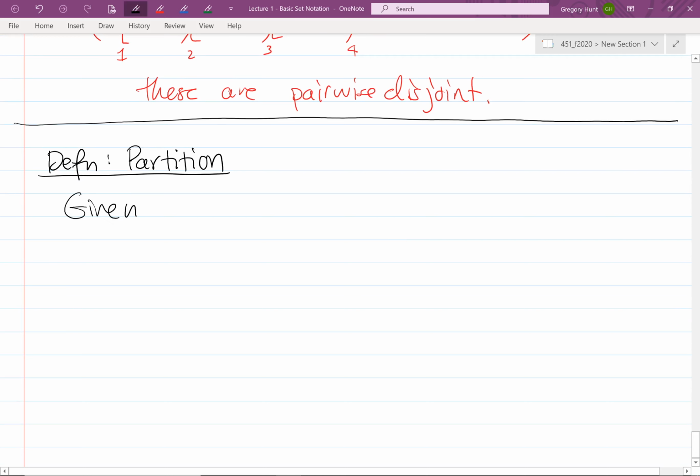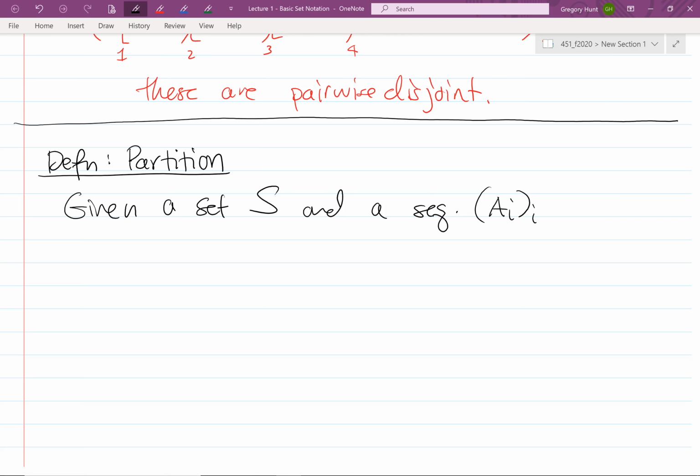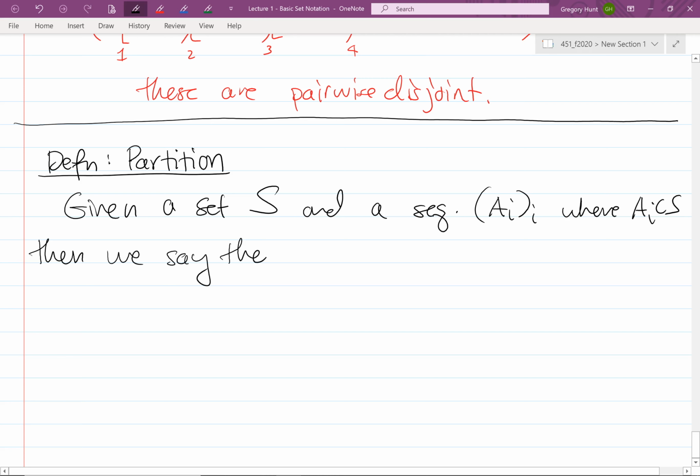Let's say given some universal set S and a sequence of sets A sub I. It could be an infinite sequence, could be a finite sequence, doesn't really matter. And each of these A sub I are a subset of S. Then we say that the collection, these A sub I, are a partition of S